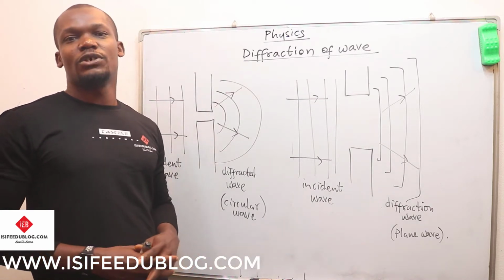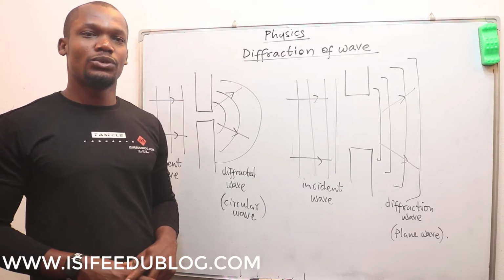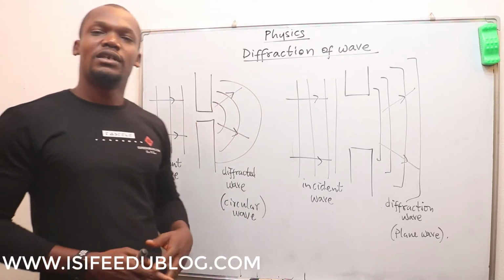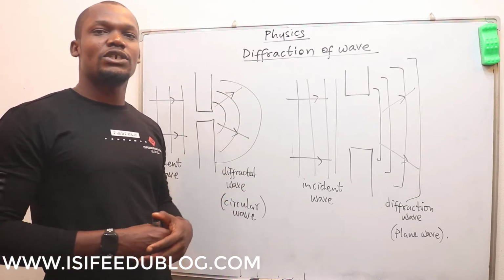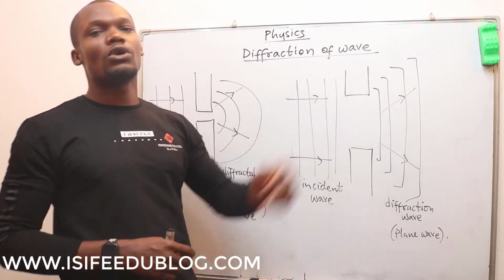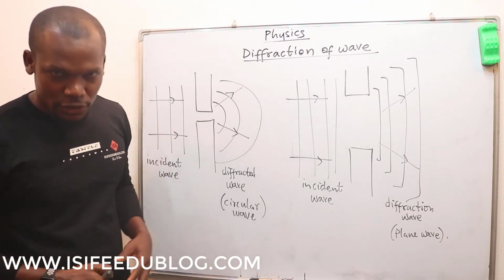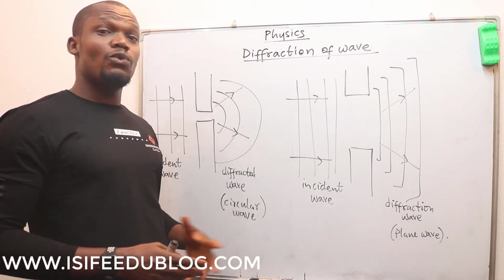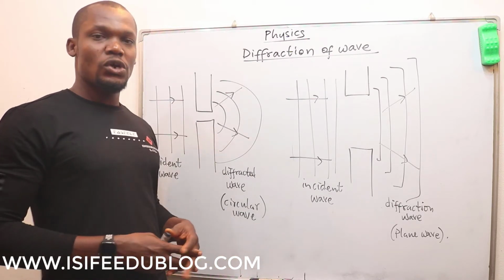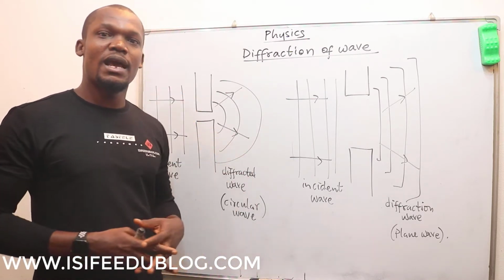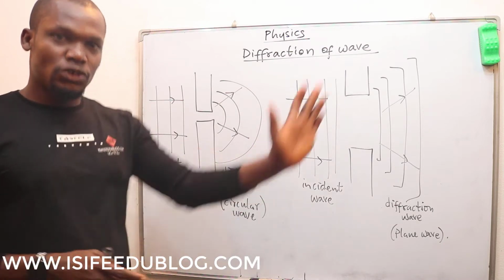Remember, I am still your physics teacher, Stephen Chus, and in this particular video, we are going to talk about the third characteristic of wave, which is diffraction of wave. What is diffraction of wave? Diffraction of wave is the bending of wave around an aperture or round an opening as wave passes through the